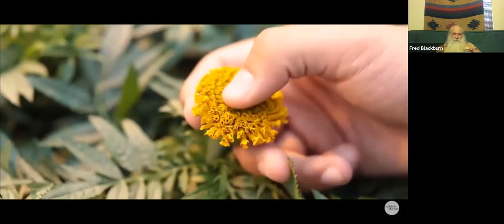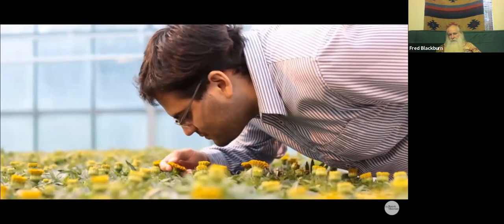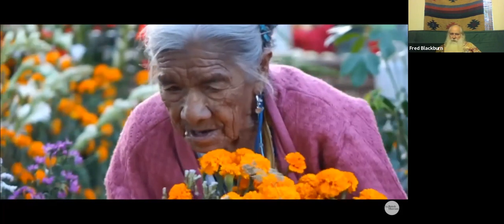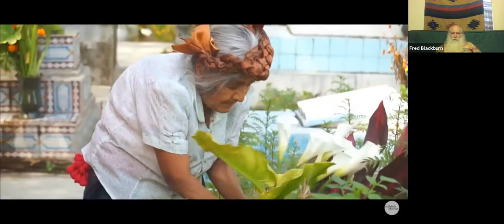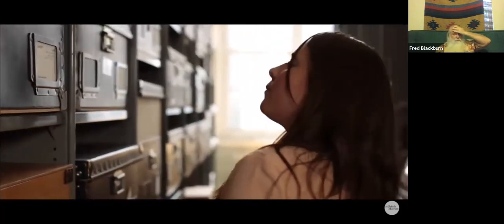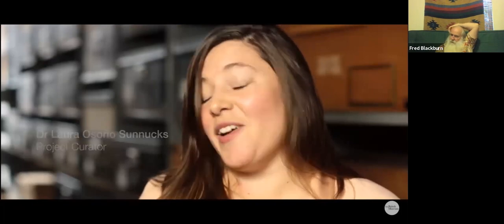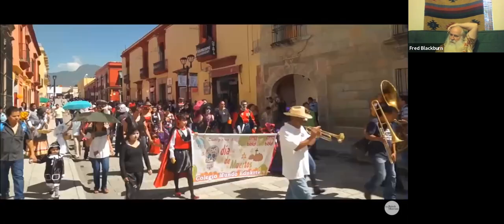The Day of the Dead is regarded as a time where the dead can come alive again. The dead is nothing we have to be afraid of. It's just part of life that we have to face. And in Mexican culture, that has become actually really important in the way we perceive life. The Day of the Dead is a festival, and in that sense, very much a celebration. And I suppose that is something that appeals to European and North American people, because that's not the way that we understand death. Death is, for us, a sad moment. We do remember our dead, but we remember them in times of solemnity.